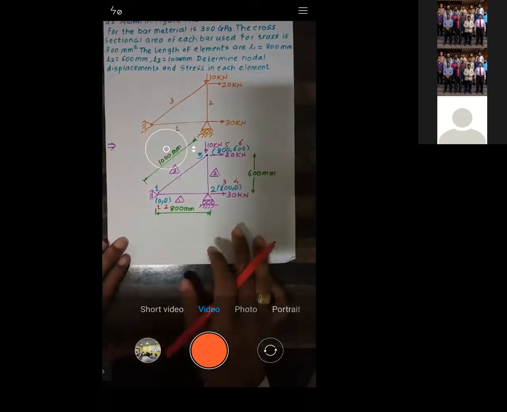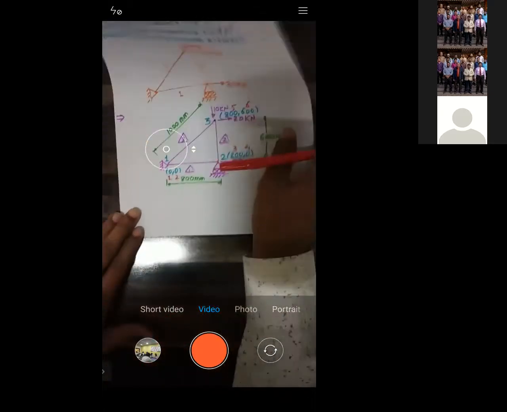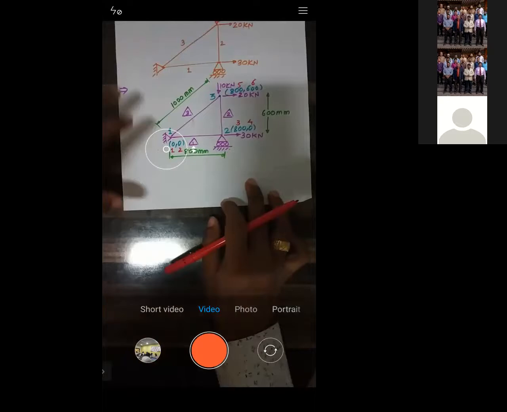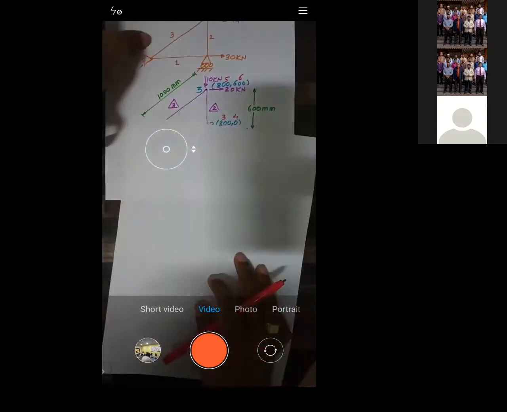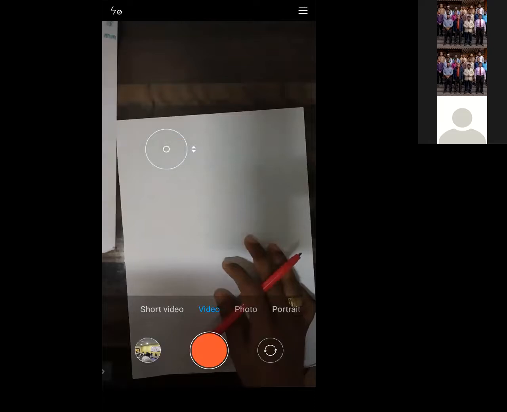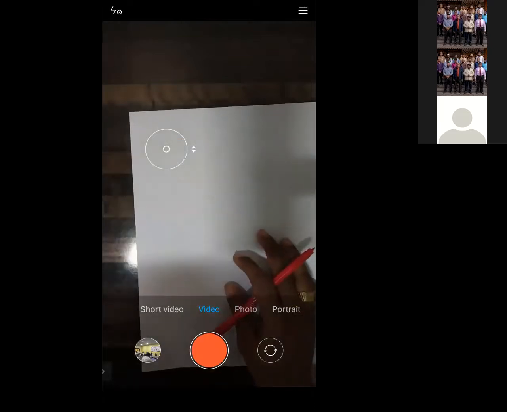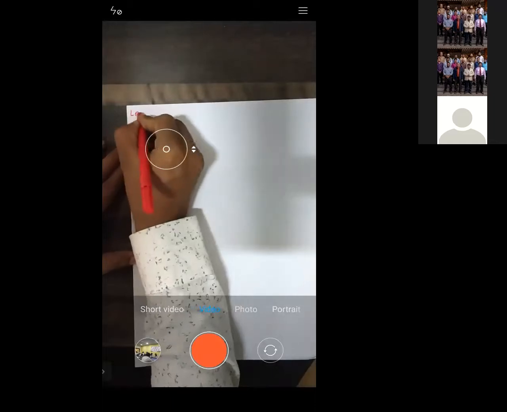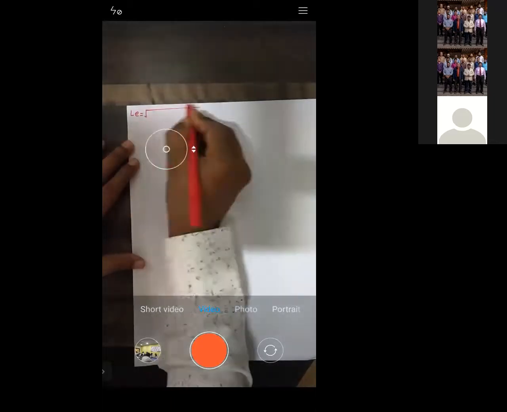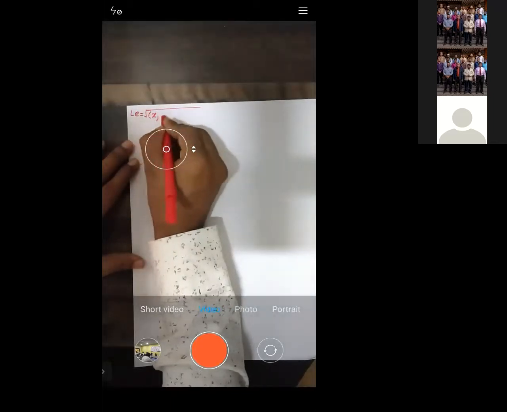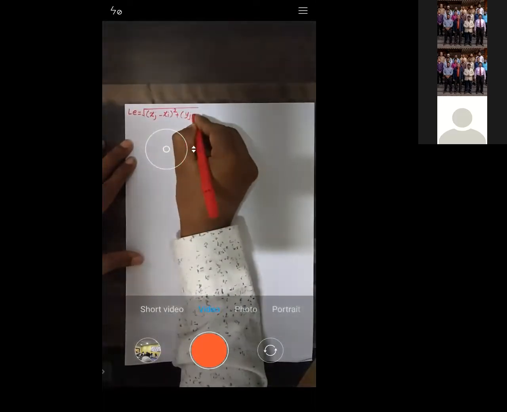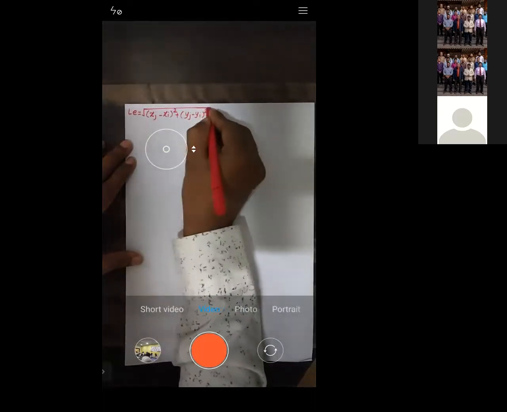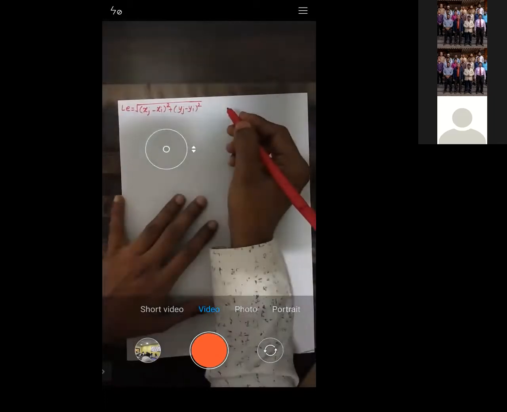Right? Now see, we'll start drawing a table. For drawing the table, we should know some formulas, so I will write them down here only. We require the length of the element, right? And how we used to calculate it? We used to calculate it as the square root of (xj minus xi) square plus (yj minus yi) square. So this is how we calculate the length of the element by using Pythagoras theorem.